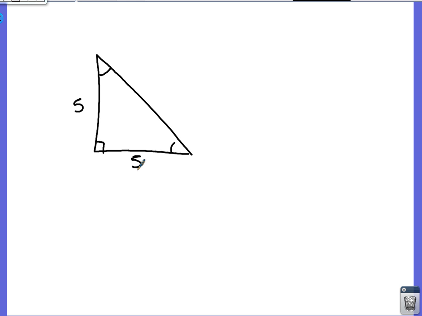From there, if you want to, you can do Pythagorean theorem. I don't suggest it. We're learning shortcuts. So if this is 5, this is 5. To go from leg to hypotenuse, you simply take 5 and multiply it by root 2. That's it. If you've got to do that backwards,